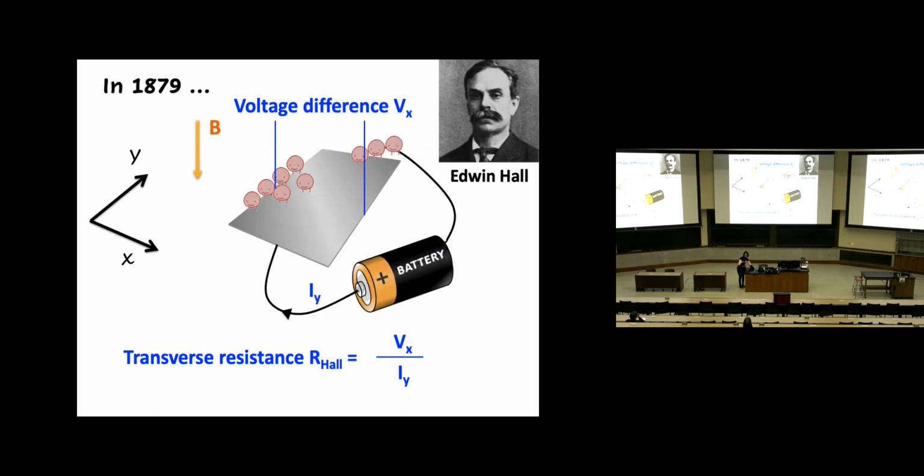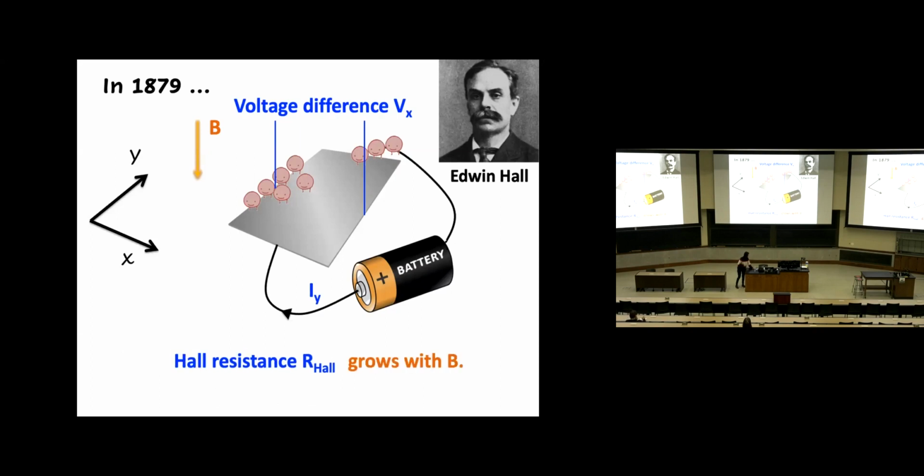The reason why we want to look at this ratio is inspired by Ohm's law. For audience who have heard of Ohm's law, it says that the voltage is a product of the current times the resistance. Here, we're borrowing this concept because now my voltage and my current are in different directions, but we still want to look at the ratio to quantify this Hall effect.